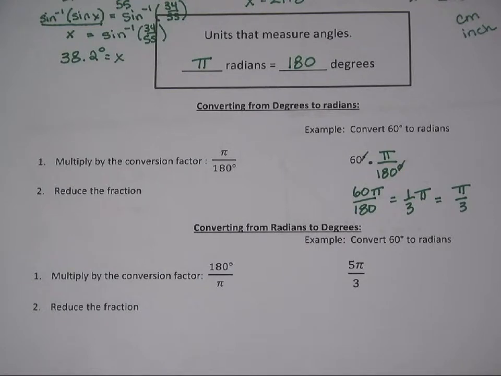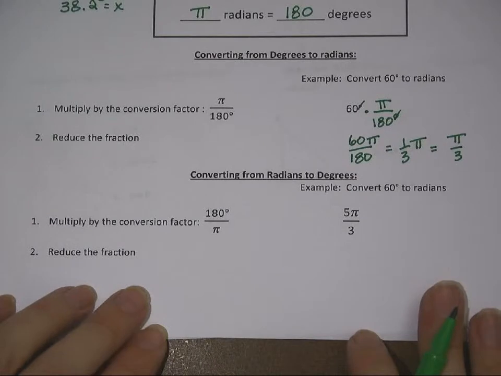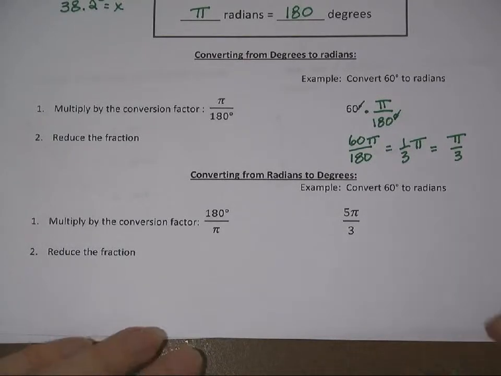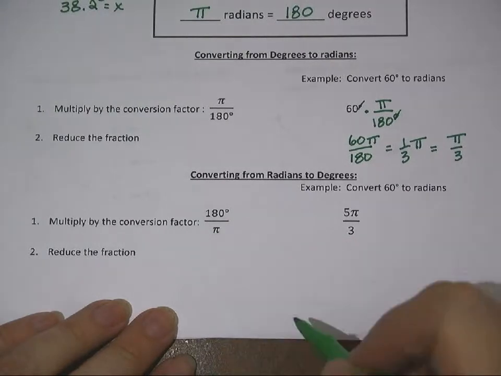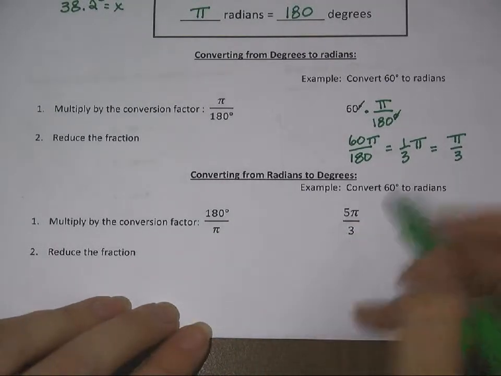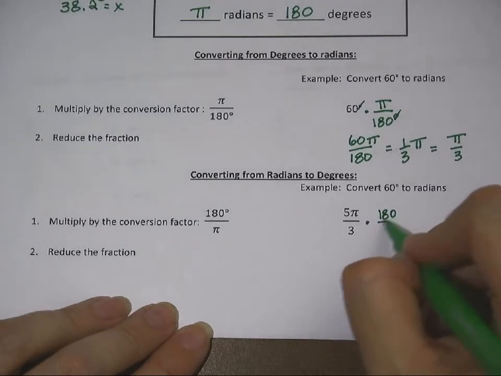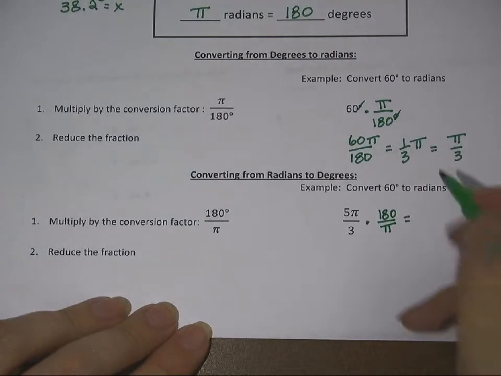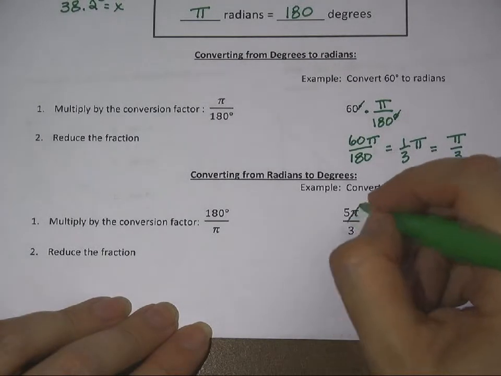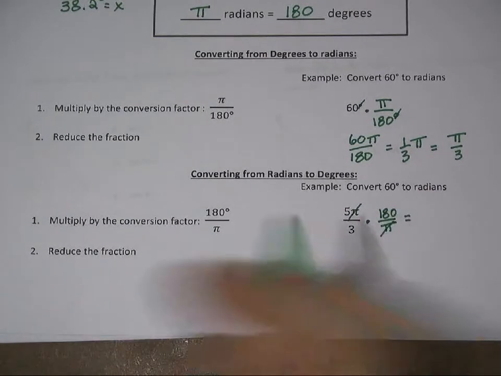If I want to convert going the other way, I just need to flip my little conversion factor over. So here's my example problem. And I'm going to multiply this times 180 over pi. And what happens to the pi's? Well, they cancel out. And I have 5 times 180